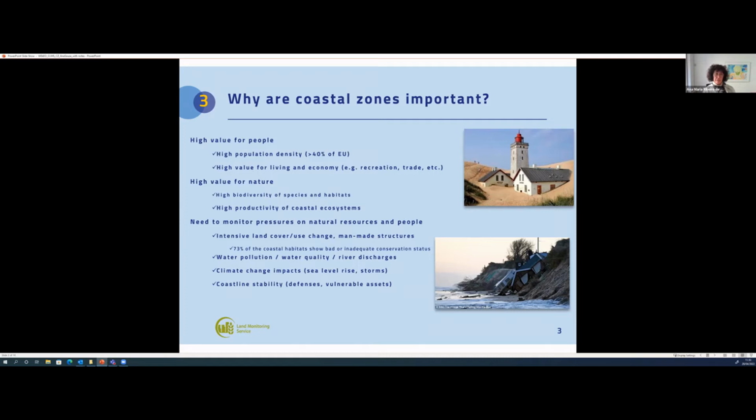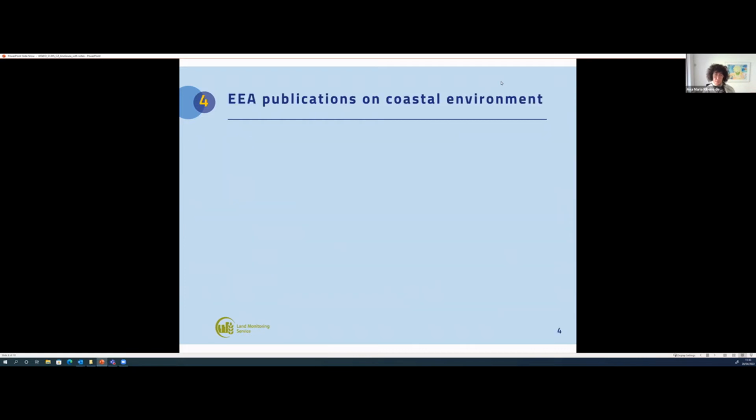So these areas have high value for people, high value for nature, and therefore we need to monitor the pressures on the natural resources and on people.